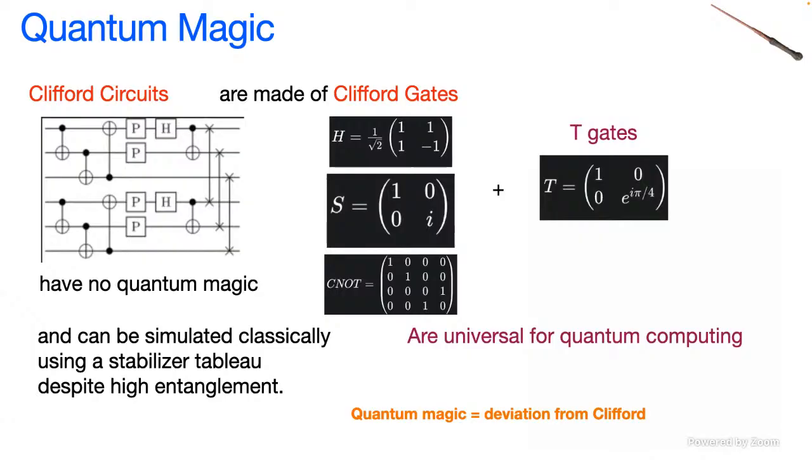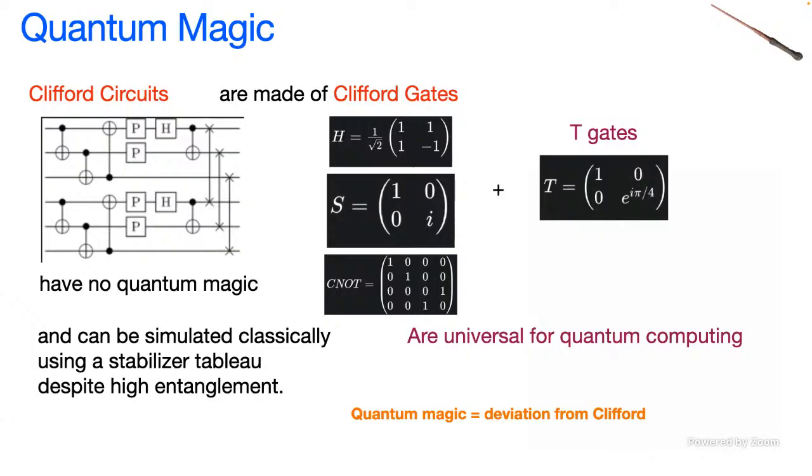So we know that if I hand you these 4 gates, you can do universal quantum computation: H, S, CNOT, and T gates. If I hand you 3 of those 4 gates, the H, S, and CNOT, these are called Clifford gates. If you use only Clifford gates, you have Clifford circuits, and they have no quantum magic and can be simulated classically using something that's been known forever, these stabilizer tableaus. So this builds up a lot of entanglement, no quantum magic, by definition, and so there's a classical simulation. But fine, all that tells us is that for quantum computers, you need both a lot of entanglement and a lot of magic, and then you're good.